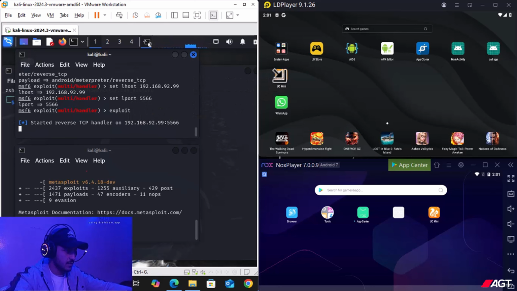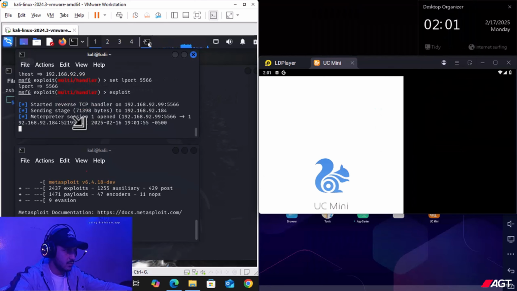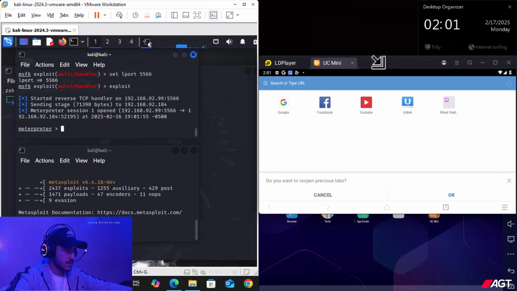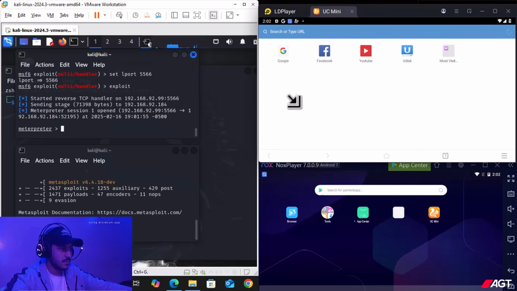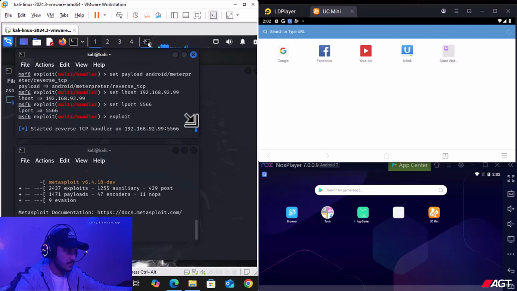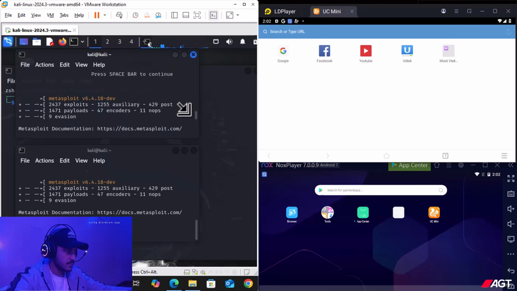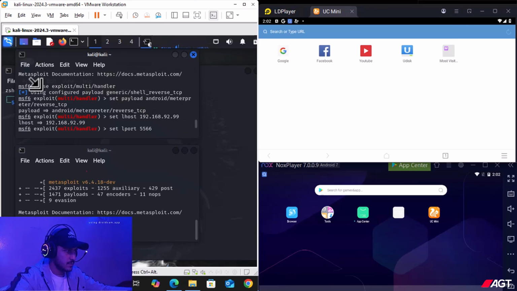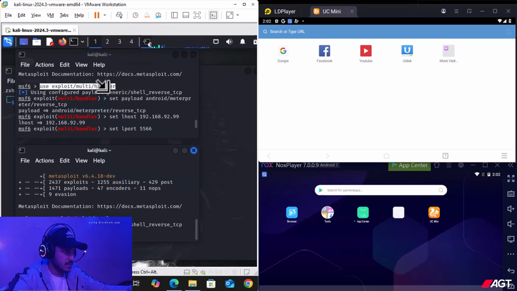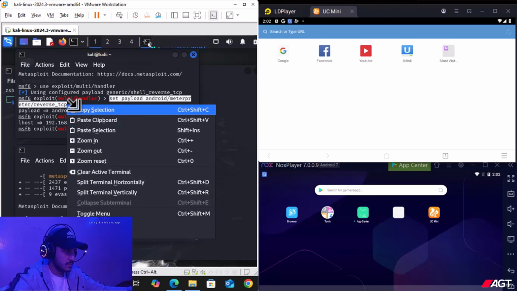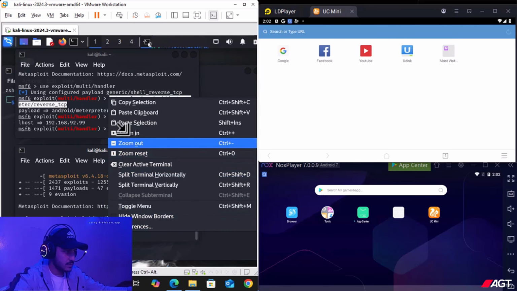If we click here, we'll receive a signal from our LD Player. Okay, let's copy our command. Copy this line, paste here, and copy this line and paste here,